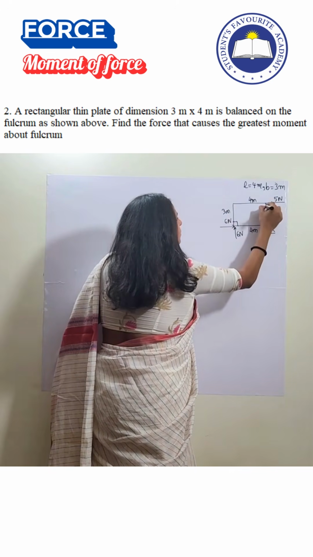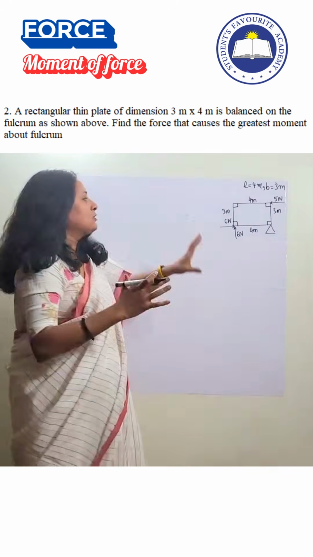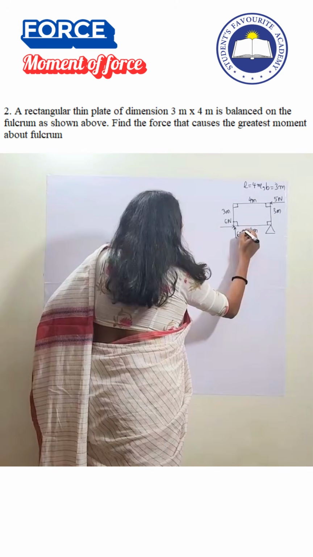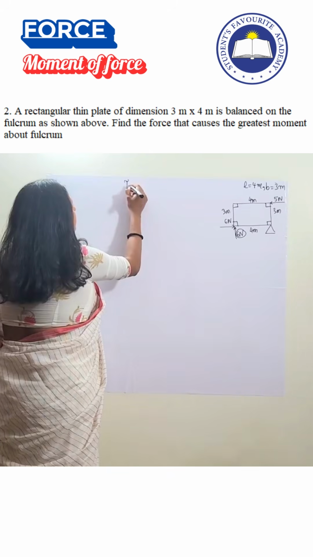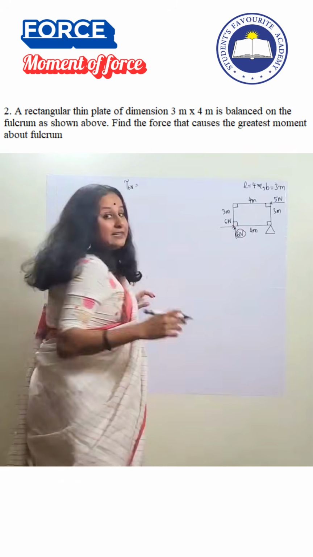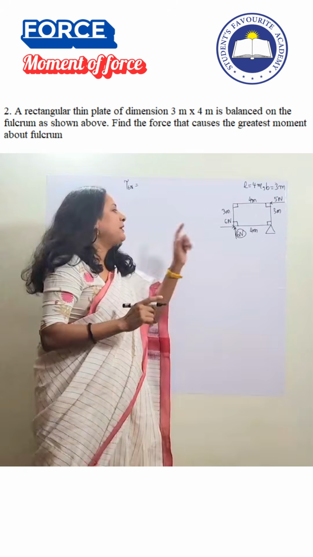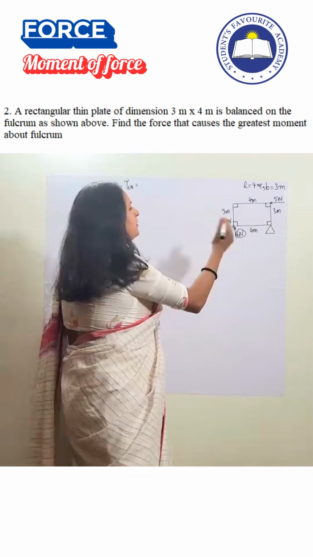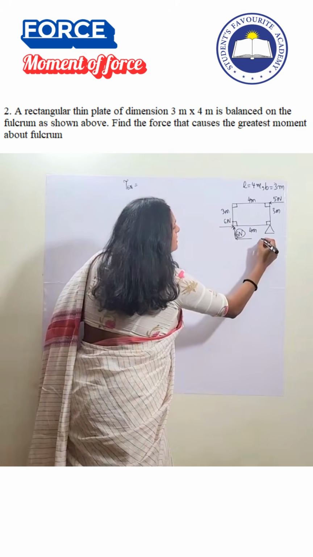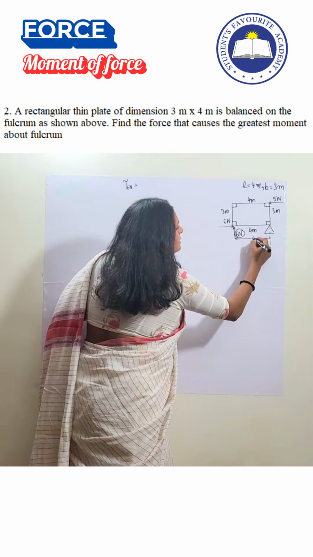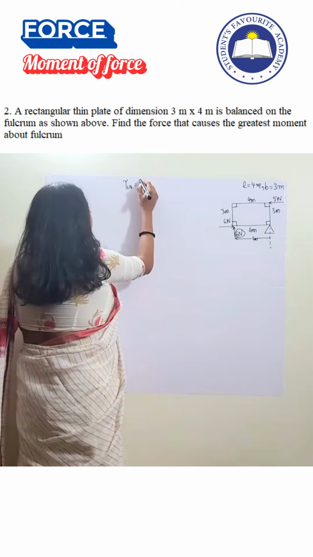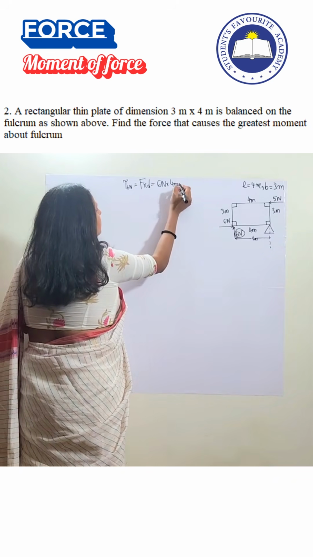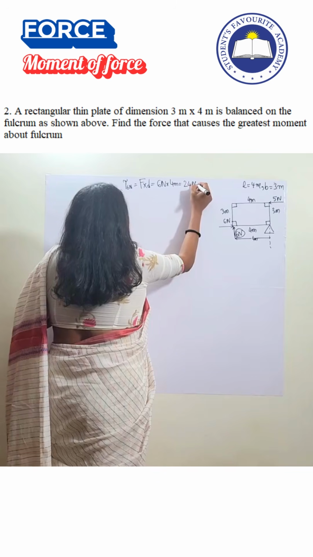Now it's a rectangular lamina, so these are all perpendicular distances. Alright, so let us try to calculate. Consider this 6 Newton. So torque due to the first 6 Newton is, let us first draw the line of action. The line of action's perpendicular distance has to be taken. But here, since it's a regular shaped object, let us do it without drawing the line of action. But this is your line of action. Distance of the line of action from this pivot, it is indeed 4 meter. So torque will be force into distance, that is 6 Newton into 4 meter, that is 24 Newton meter.